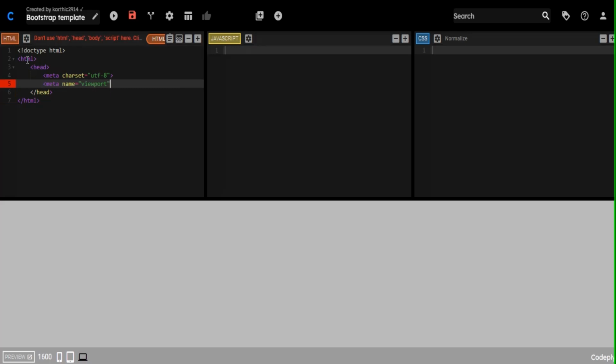Then we'll have the content equal to width equal to device-width, comma, one more property called initial-scale equal to 1. I need to close the tag.